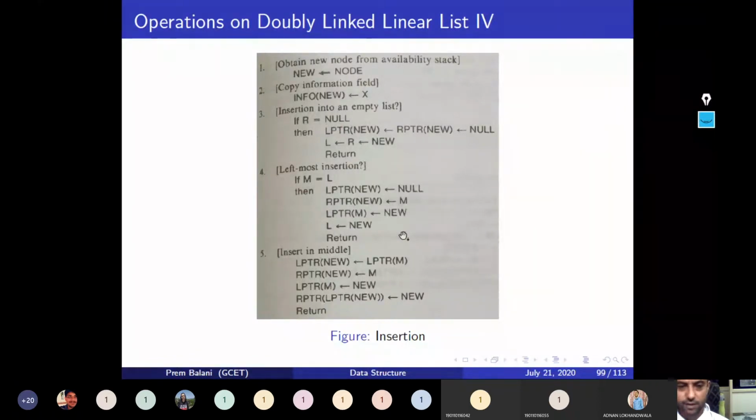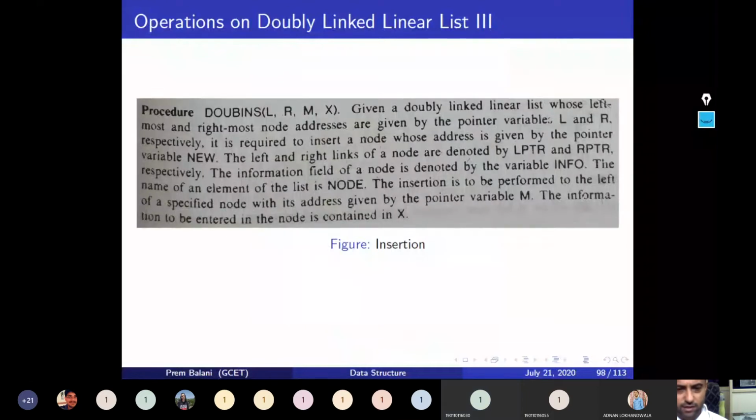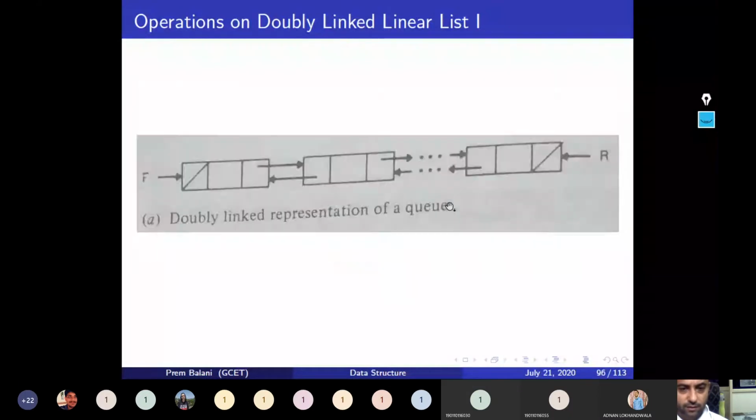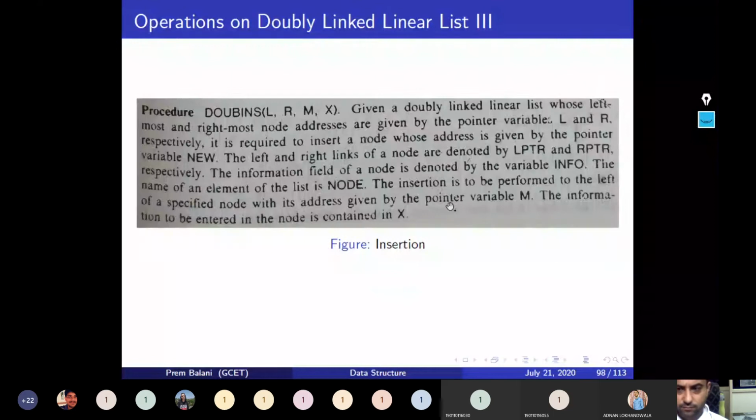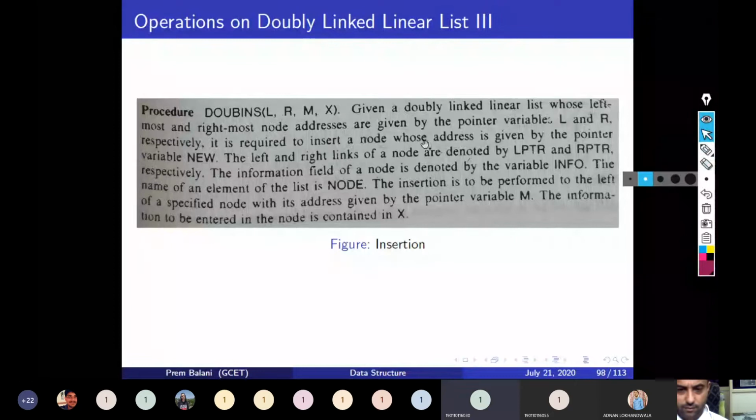Someone please answer. Sir, it is remaining. Okay, so did we cover the description of this procedure, or is this also remaining? We have completed that portion. Yeah, this description I think we saw, right? And here I remember. Yes, so we drew the image here for the doubly linked list.